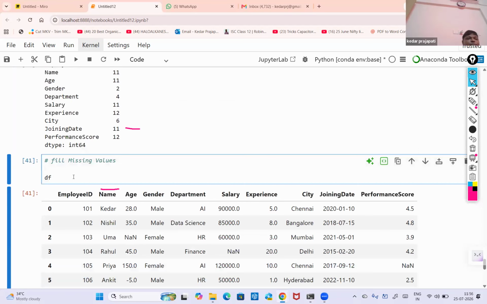So this is what I usually do, and this is advisable also. First you are going to take df of age and assign some value here. What will you assign? Because you cannot select something from another column, you have to select from the name column only. So write df of age,